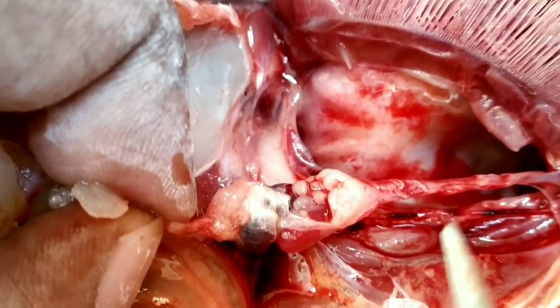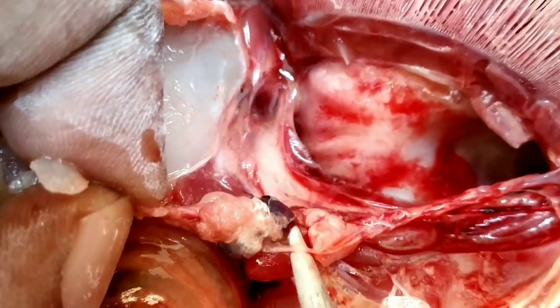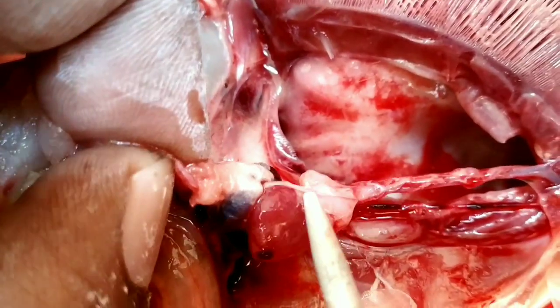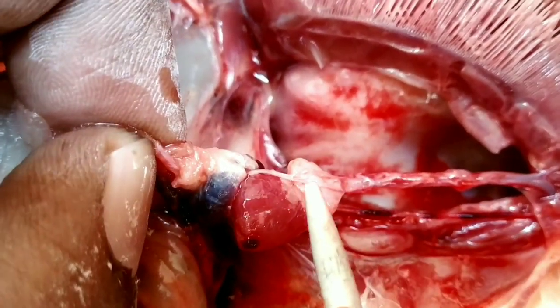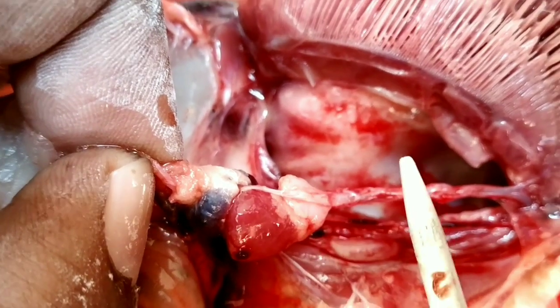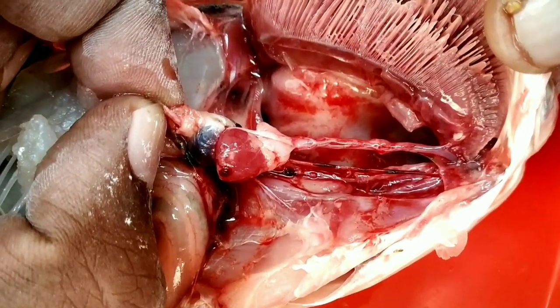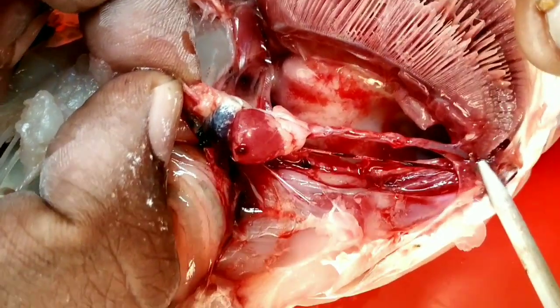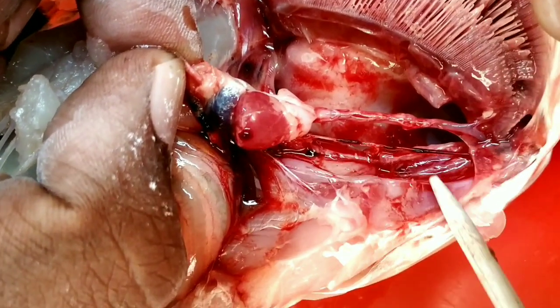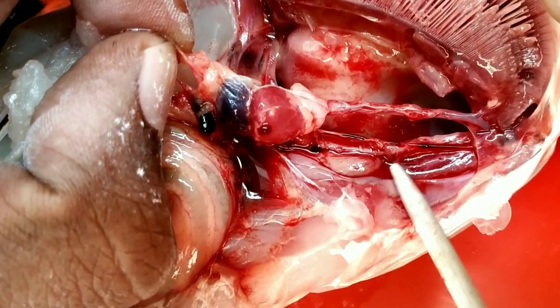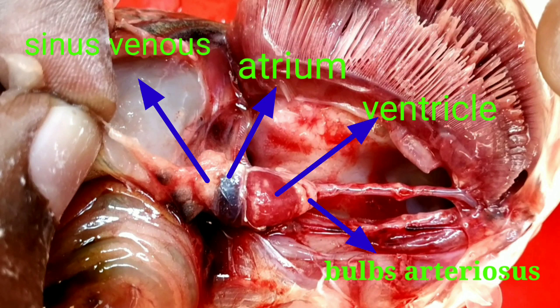This is called the bulbus arteriosus, which is present between the blood vessel supplying to the gills and the ventricle. Thus it is supplying the impure blood to the gills. That's why it is called the venous heart. Thus you can see all the parts of the heart very clearly. So finally you understood that always the impure blood is supplied to the gills through the heart. That's why it is called single circulation. That is the exact meaning of single circulation. You can see the parts of the heart also very clearly.